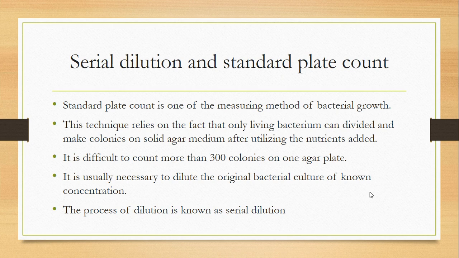Why is it known as the serial dilution? Because the dilution is done in the form of a series. It means from one dilution to another, continuously, until you get your desired dilution. So it is very necessary to perform a serial dilution before performing a standard plate count. Otherwise, the resultant colonies are much higher in number and you can't count the actual number of colonies. So a dilution reduces the number of colonies and makes it practically easy.